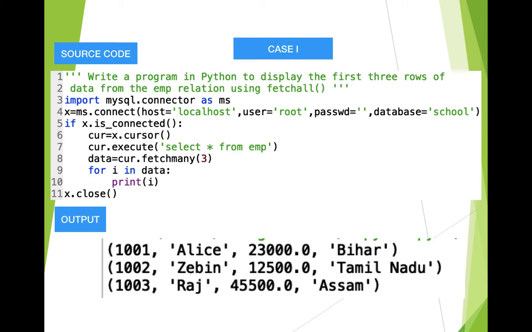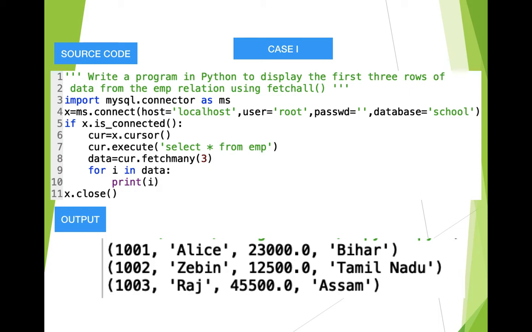Now if you want to display two rows, then you have to make the changes in the program itself. But from the user's point of view, the user will not be able to see the program. The user can see only the output. For example, while browsing Facebook, do you get to see the code of how Facebook has been made? No, you don't get to see the code. You get to see only the user interface or the output.